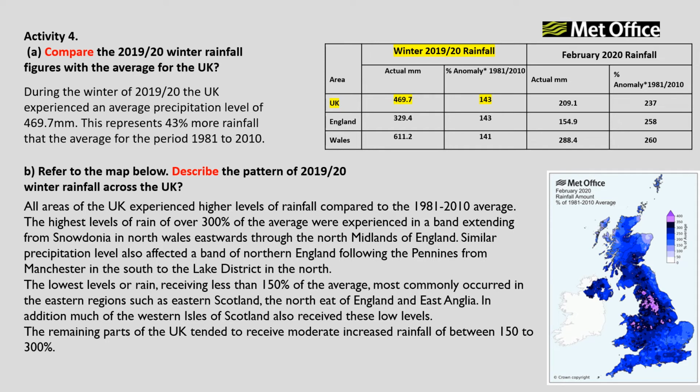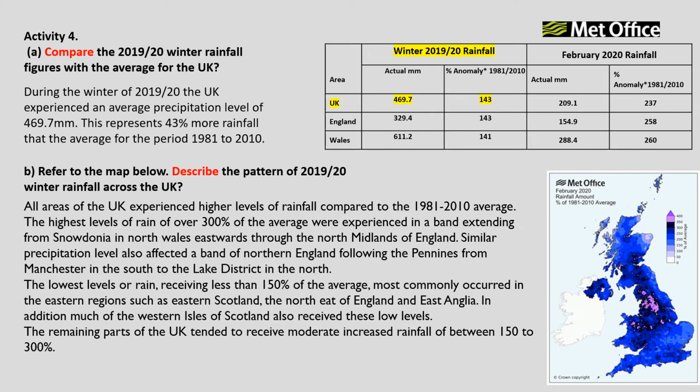In terms of splitting the key up, you don't always have to split it up equally. So you can see we've focused on just the very highest and the very lowest in our answer. In some cases, if you did just have 3 sections, it would make sense to split it up equally into those 3 sections. But for this question, talking about the patterns of rainfall, it does make sense to talk about the very, very highest, the very, very lowest, and then the middle bits obviously will just fall in that in-between